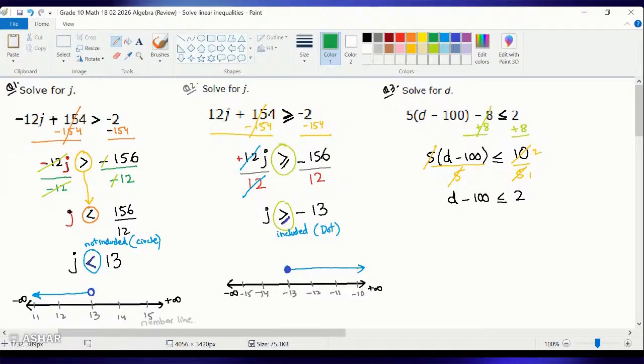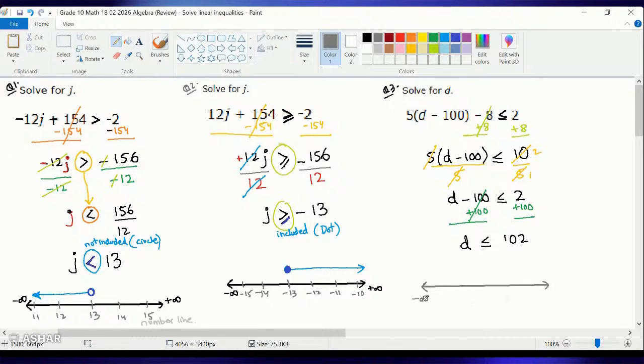If we add 100 on either side, because we need to remove the negative 100, right? So can we say that the value of d is less than or equal to 102? If we wish to draw it on a number line, we don't have to worry about how big a number is. All we need to see is